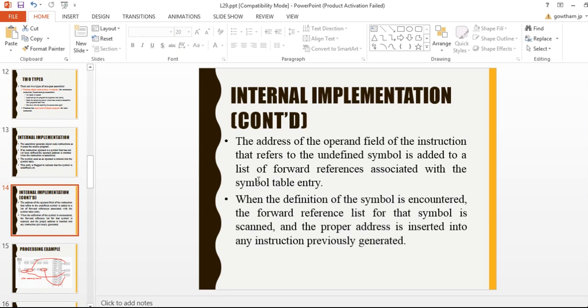If more than one instruction refers to the same symbol, like a linked list, you insert it in the symbol table. Then whenever the definition of that symbol is encountered, you substitute that address and calculate the object code.